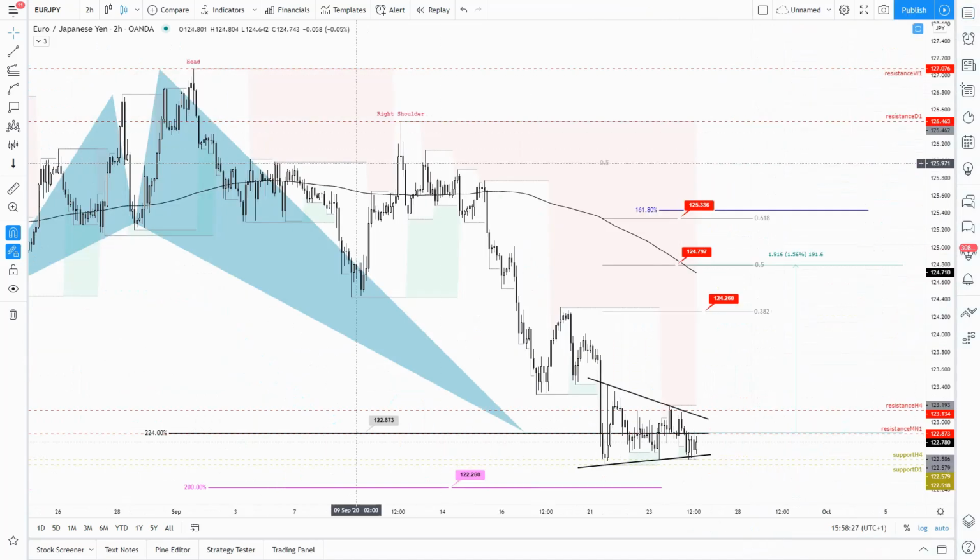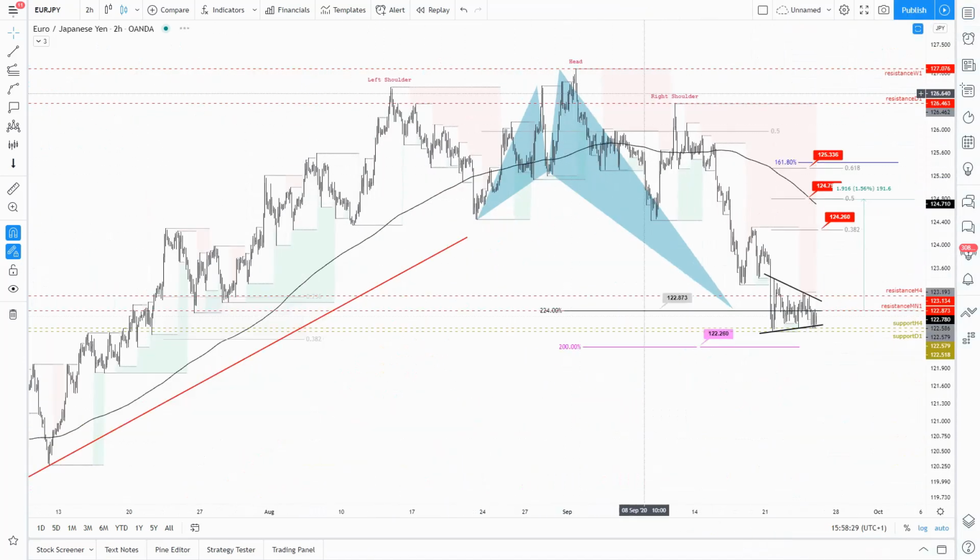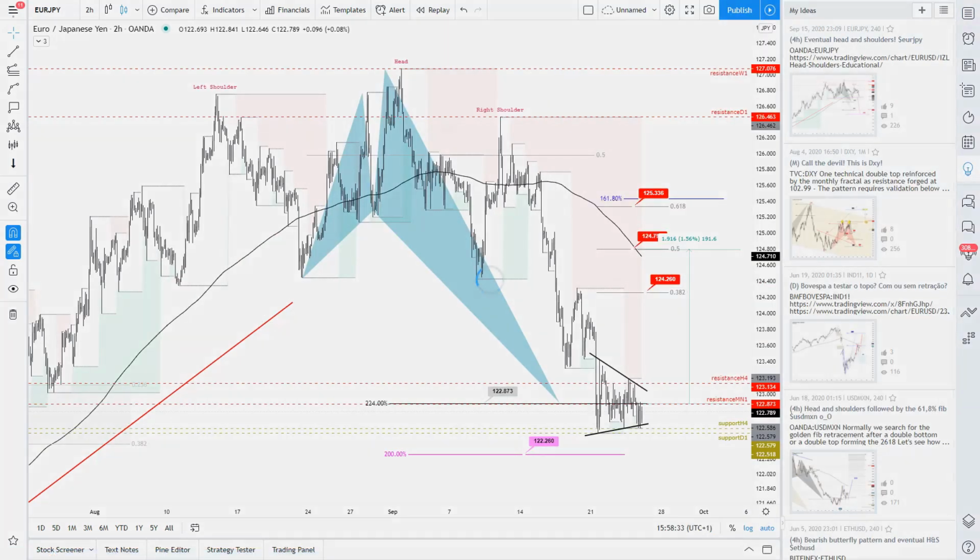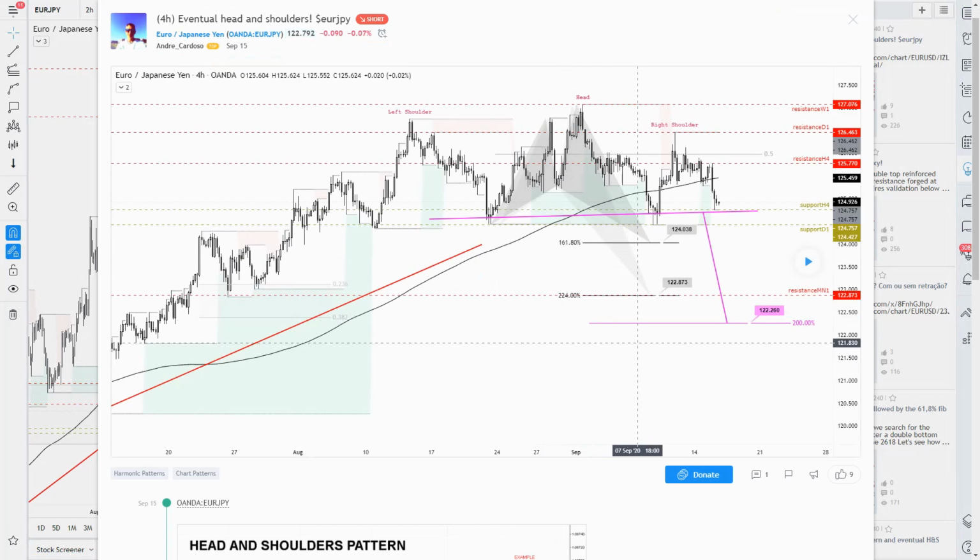Euro versus yen, the head and shoulders. I shared this chart with you, and I mentioned it before. I did publish this chart on TradingView. It's not a live chart, but you can trace this pattern, pressing this play or pressing this option to load new bars, and you will see the result